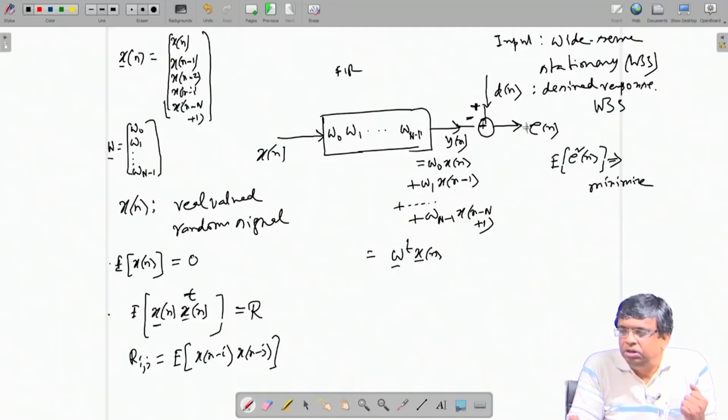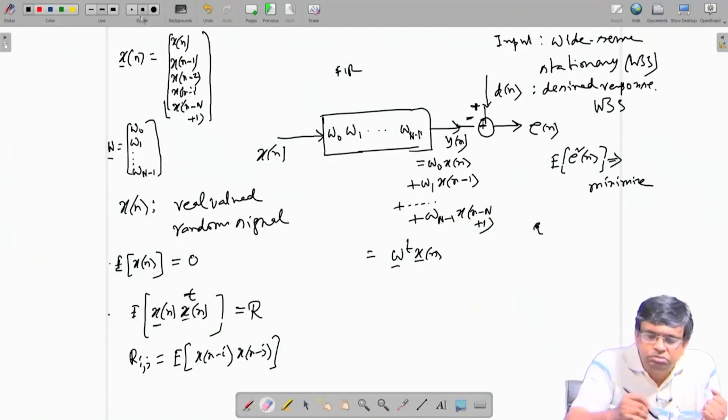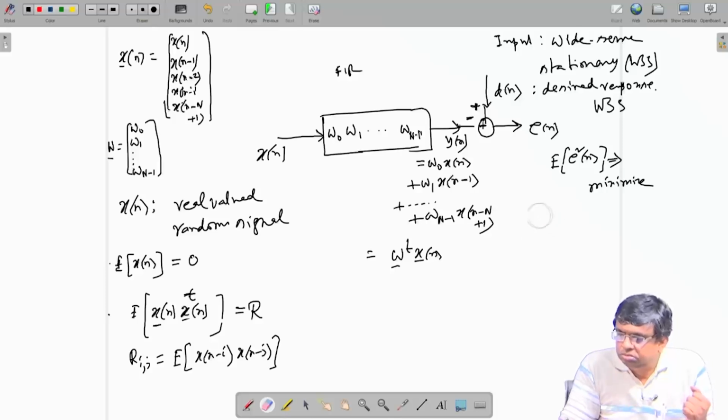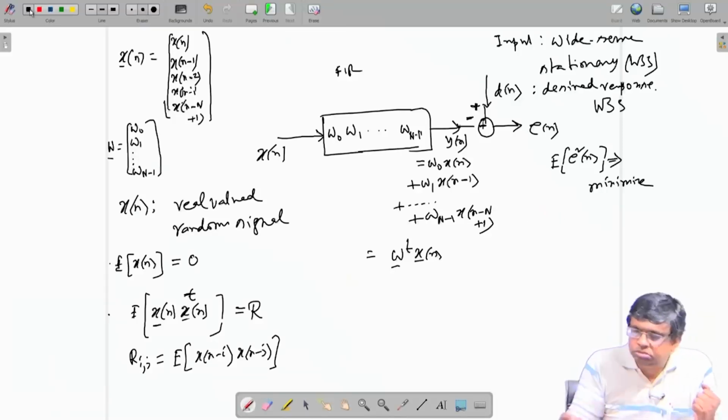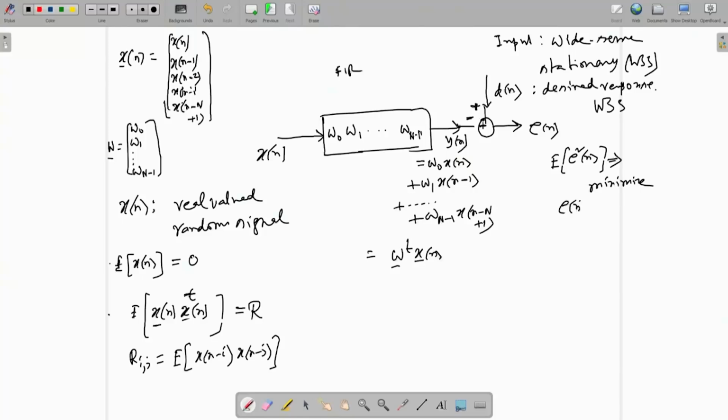Now, this is d n minus y n. What is e n? And y n is this. So if you substitute y n as this, d n minus w 0 x n minus w 1 x n minus 1, and so on, and square it up, and then apply the expected value,